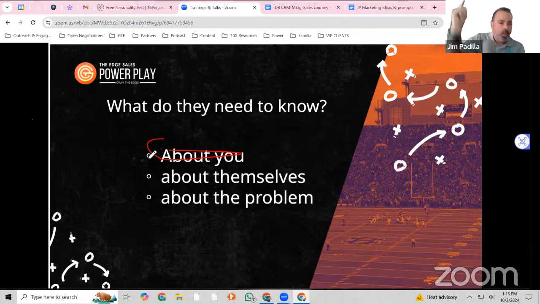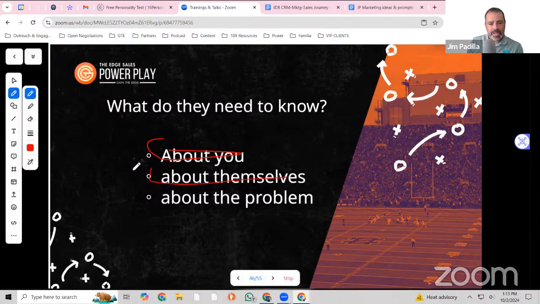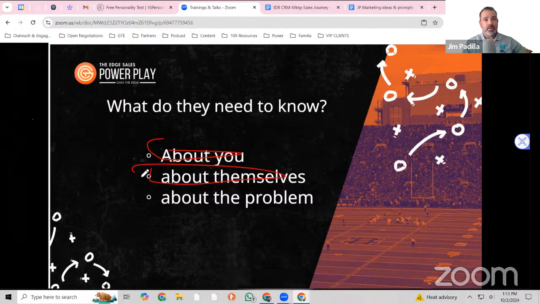Okay. What do they need to know about themselves? What do they need to know about themselves to know that they're in the right place with you? You need to know about yourself that you need more strategic action in your sales. You need more consistent results. You need to be able to generate more sales results predictably without having to wake up every day wondering where the next one is.